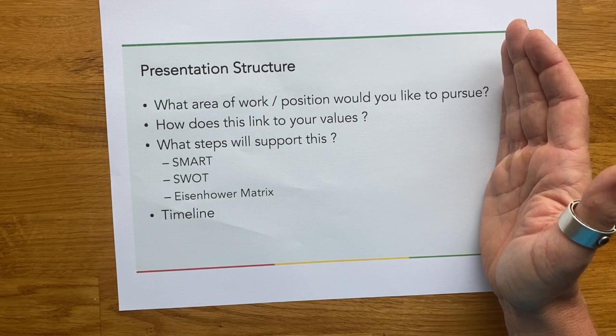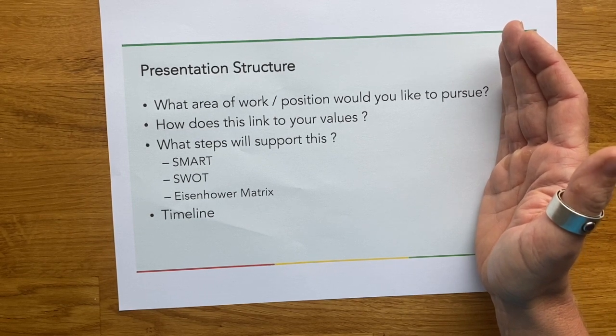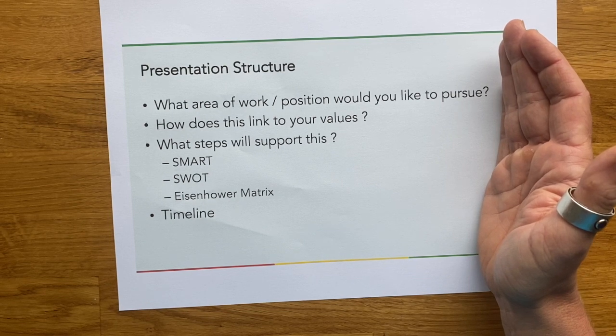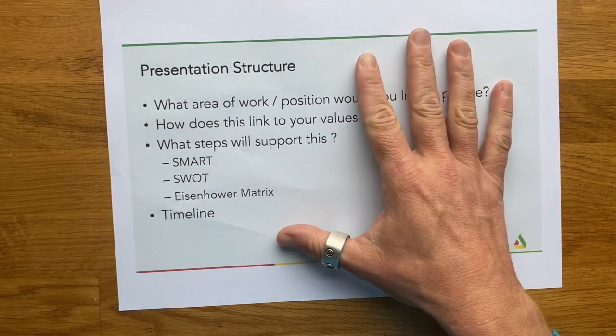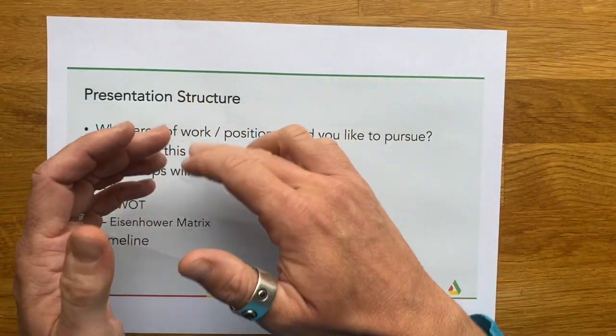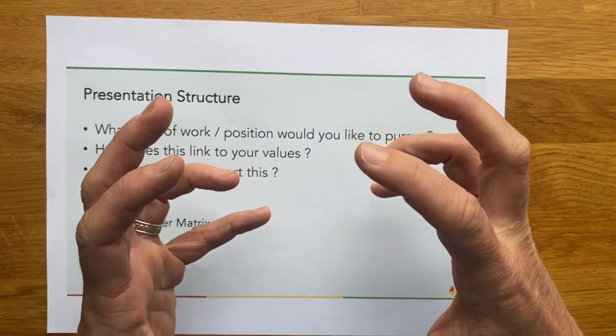Have you got any landmarks around when you'd like to get certain things done by? If so, tie into those. Are you going to put any accountability structures in place? So these are all things that you might want to think about in creating that final timeline and just bringing it all together.